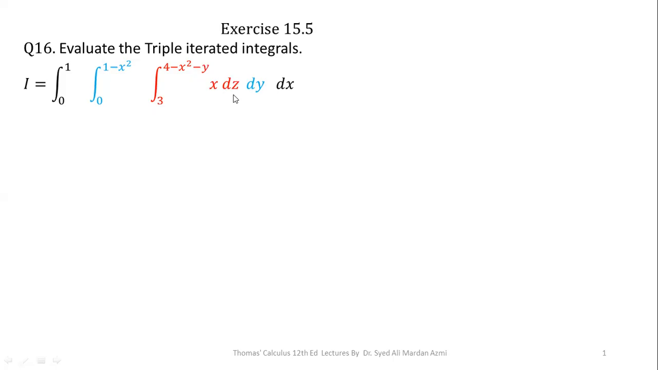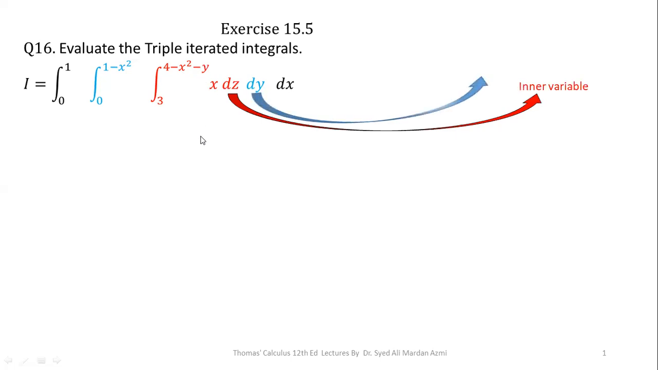This dz, or this variable z, is called the most inner variable, and the limits of z are 3 to 4 minus x squared minus y. Then the variable in the center is called the center variable, whose limits are 0 to 1 minus x squared. Then the variable written on the most outer side is called the outer variable, and its limits